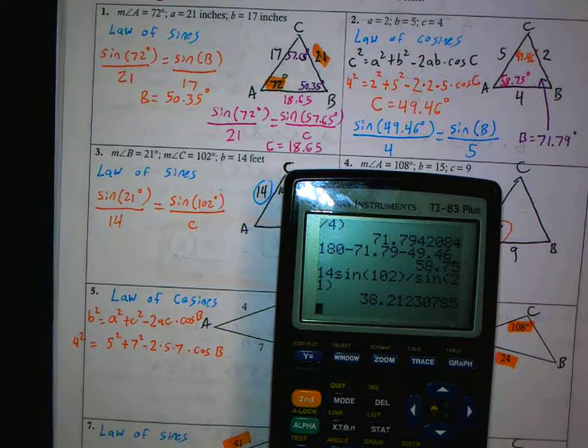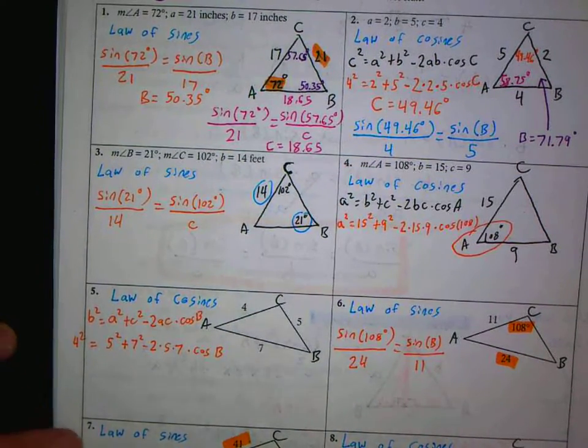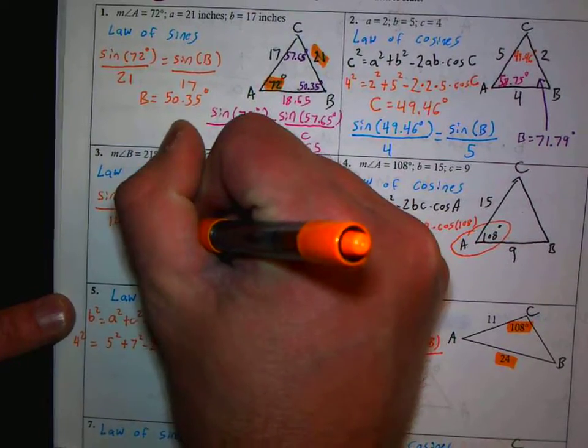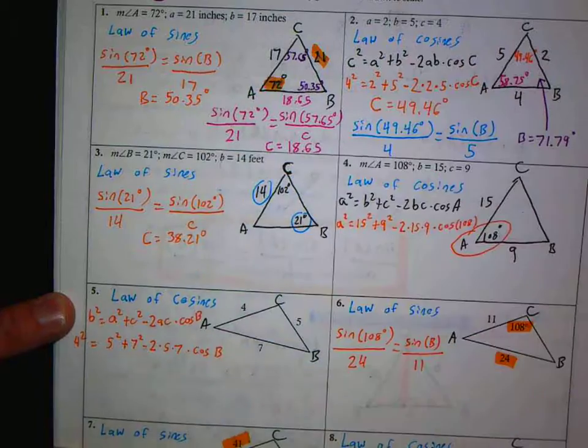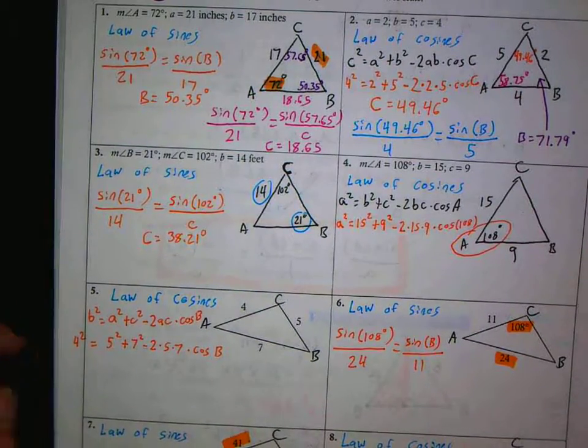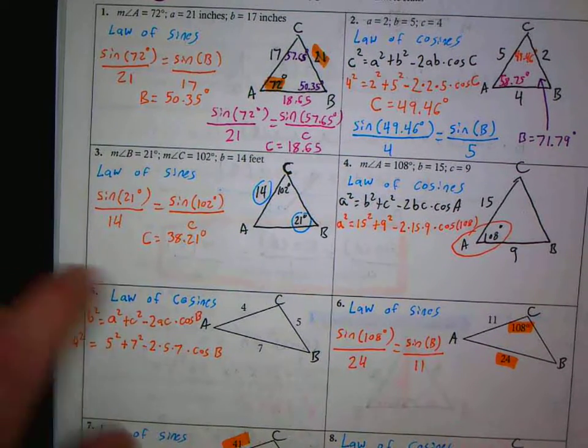That's what I do. I'm like, oh, C is 38.21 degrees. Oh, this is where the big C and little c get confusing. It's not